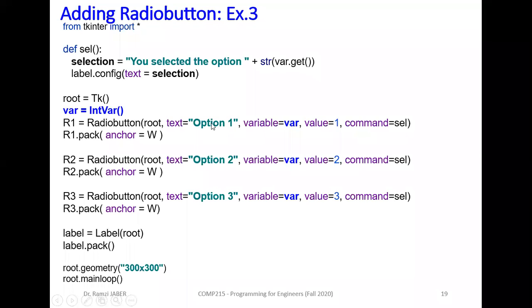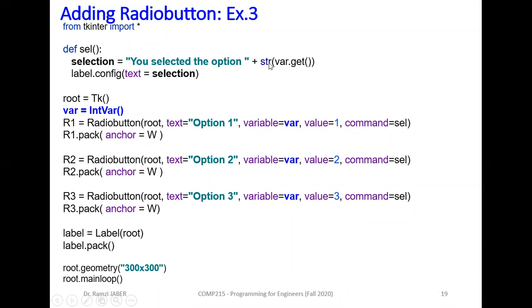So if you select option 1, if you select this radio button, variable will be equal to 1, and command equal sel. We go to this function. So command equal selection, go to this function, define function sel, selection equal, between quotation, you selected the option, concatenation with string conversion. We have here string conversion, var.get, like scanf, like input. So when we click radio button 1, we execute this command sel function, and we have variable equal 1. So you selected the option plus concatenation variable.get,